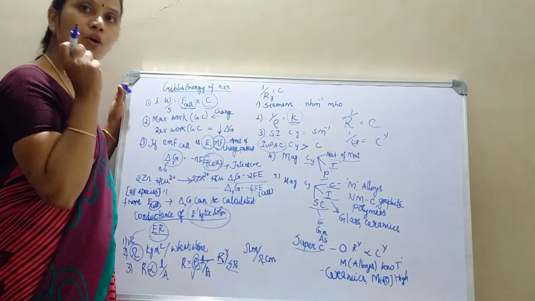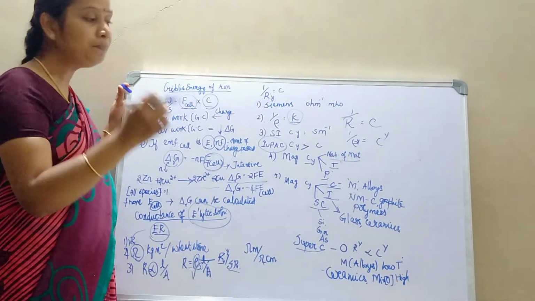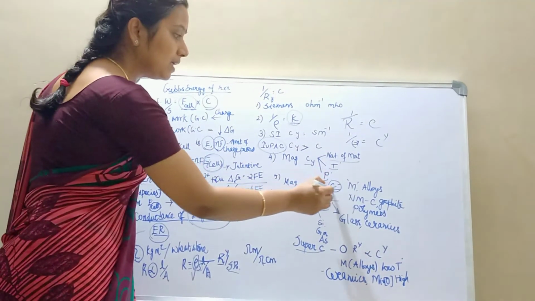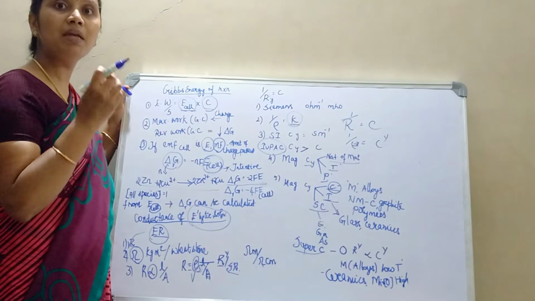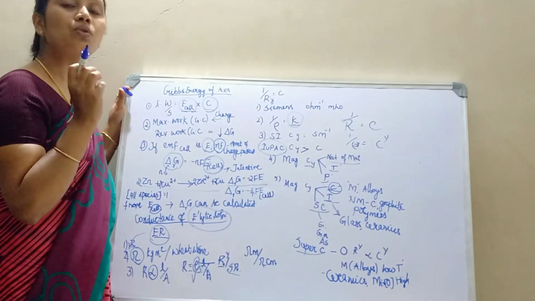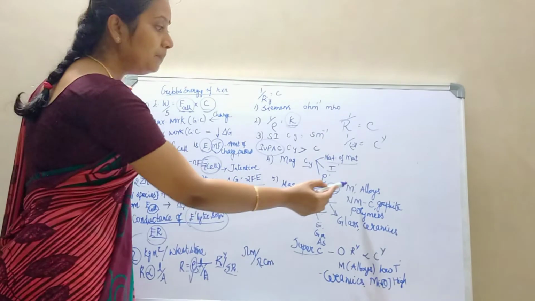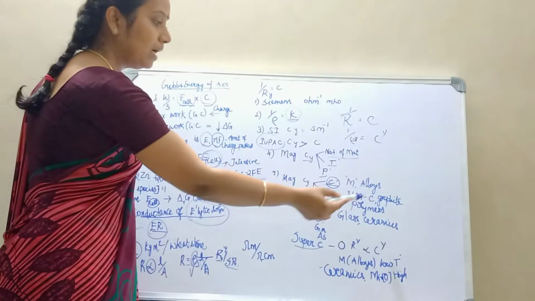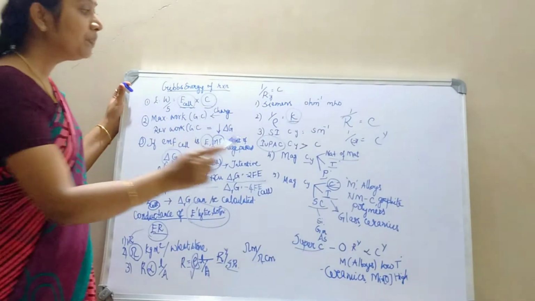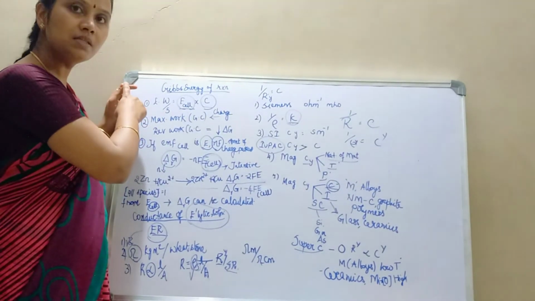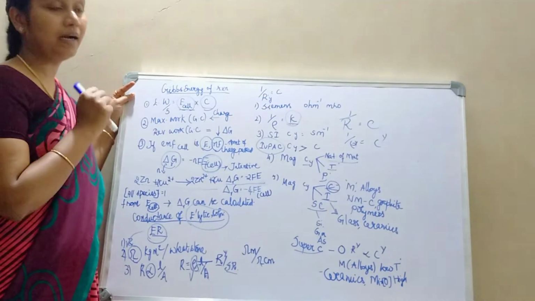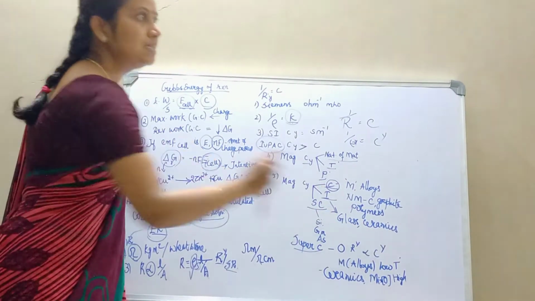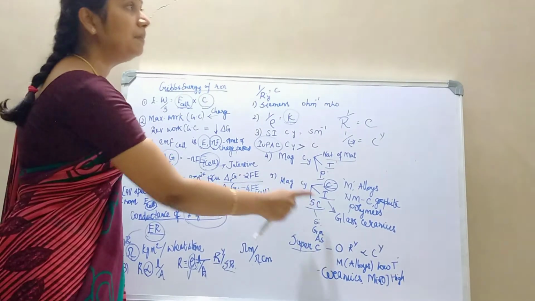Based on the magnitude of conductivity, whether they are strong or weak, substances are classified into four categories. The first one is conductors. As the name indicates, they show stronger conductivity. Examples are metals, alloys, non-metals like carbon black, graphite and polymers. What are insulators? Substances which show very little conductivity are called insulators. Examples are glass and ceramics.